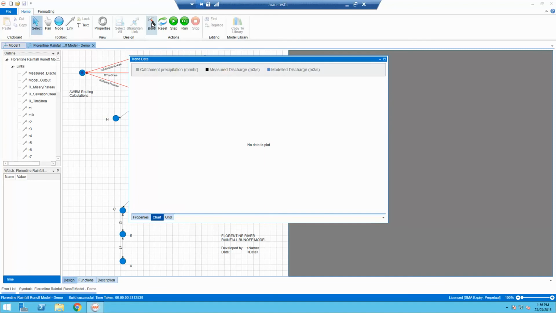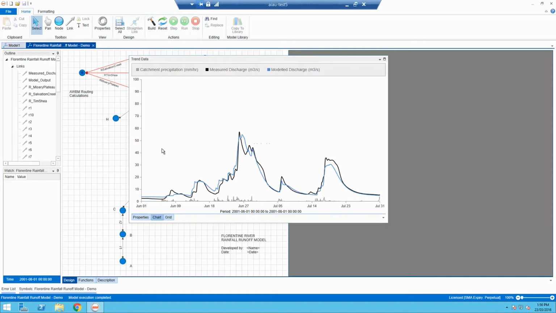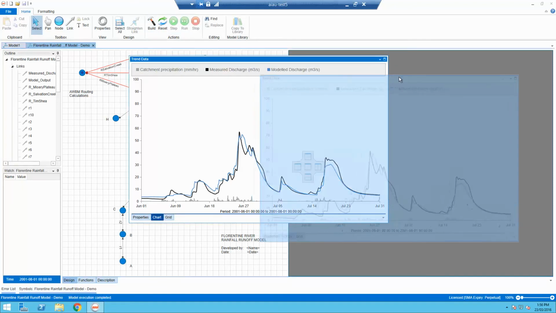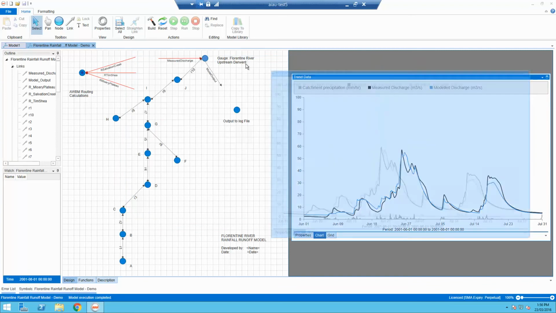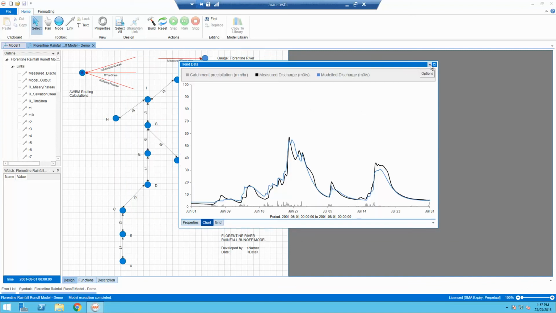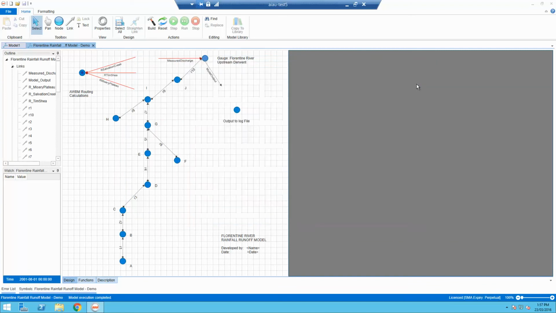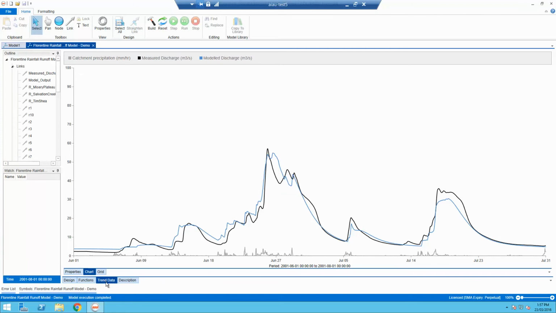So if I just build this model and run it, you'll see the chart come up there. So you might want to move that off. But what I want to show you is just working with these windows. So if I just dock that again, it puts that tab down at the bottom here, but you generally want